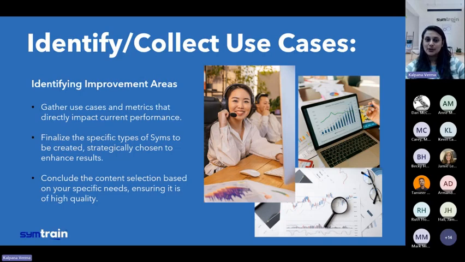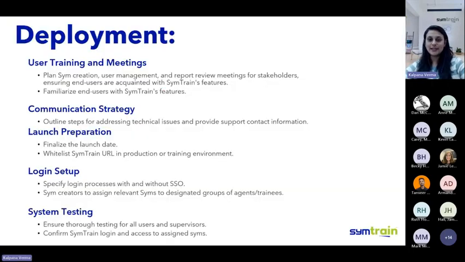Once that is done, your sim is created. Once the sim is created based on the specific needs and good quality, we can move on to the next step, deployment. Now we have reached a stage where we are ready to deploy things. We are ready to launch things. And before we launch things, what exactly do we want to keep in mind? We want to ensure that we give the stakeholders, in the previous step we identified the stakeholders,